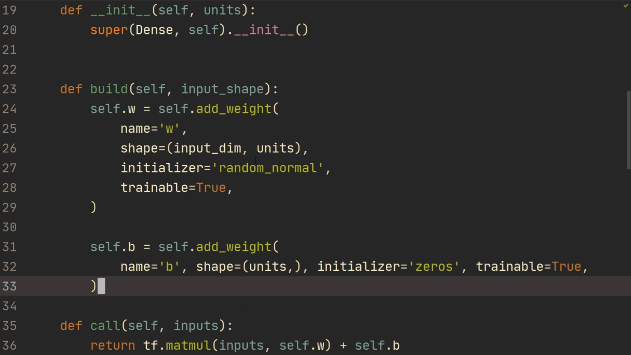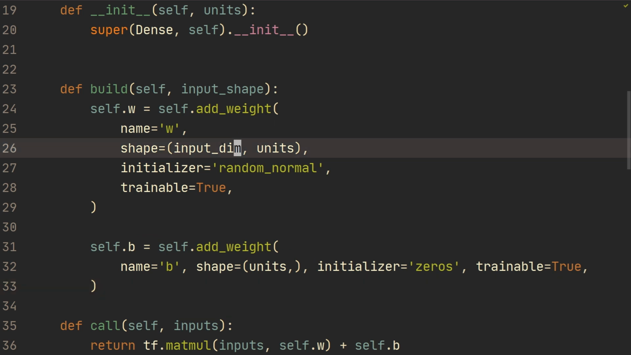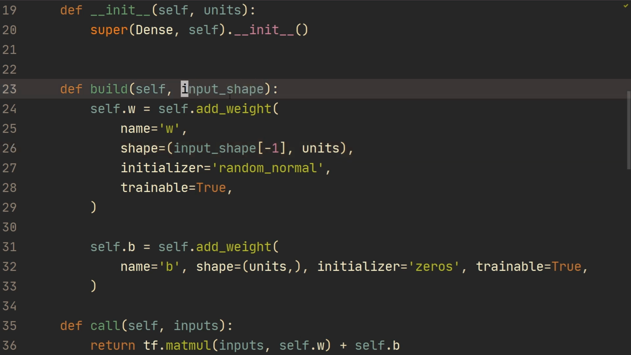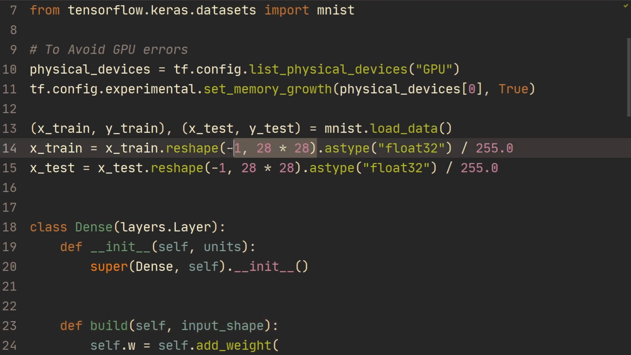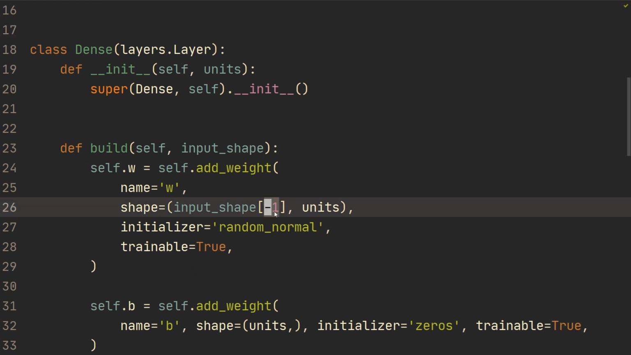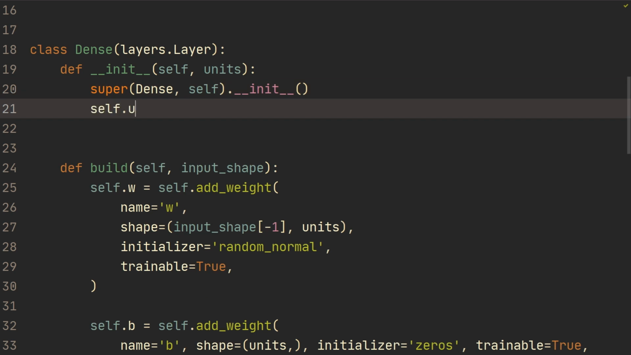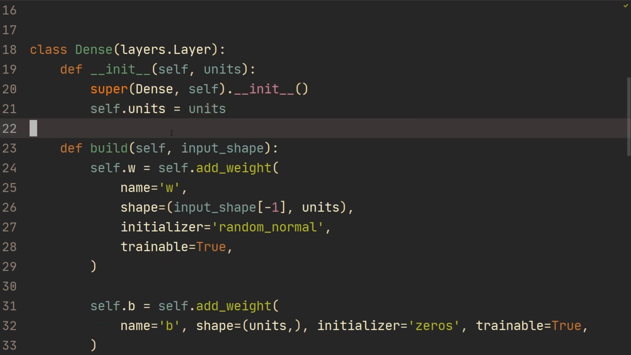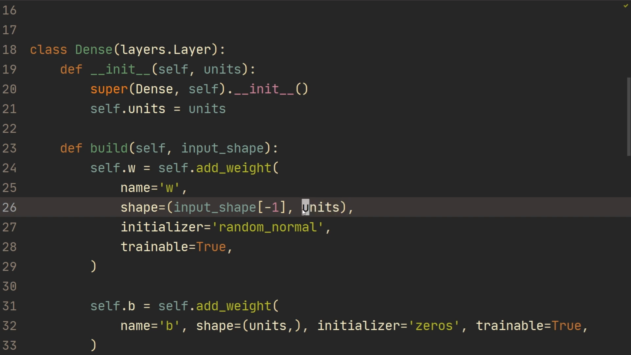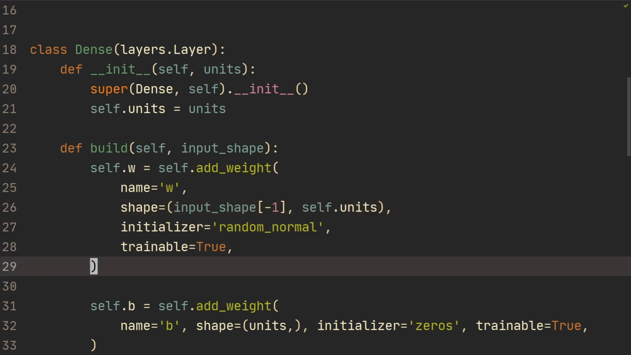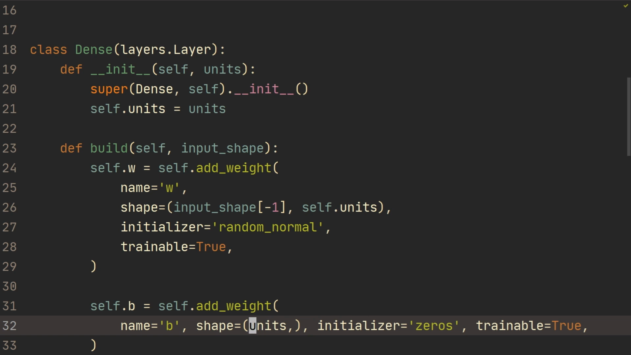And now what's so great is that instead of using input dim, we can do input shape, and then we're going to do sort of the last of those. So in this case, we have the training examples on the first dimension, and then we have 784 because of the way we've reshaped it right here. So that's why we do -1 here, and then we're going to do units. Although what we're going to do in the init method is do self.units equals units. And then we got to replace these units right here with self.units